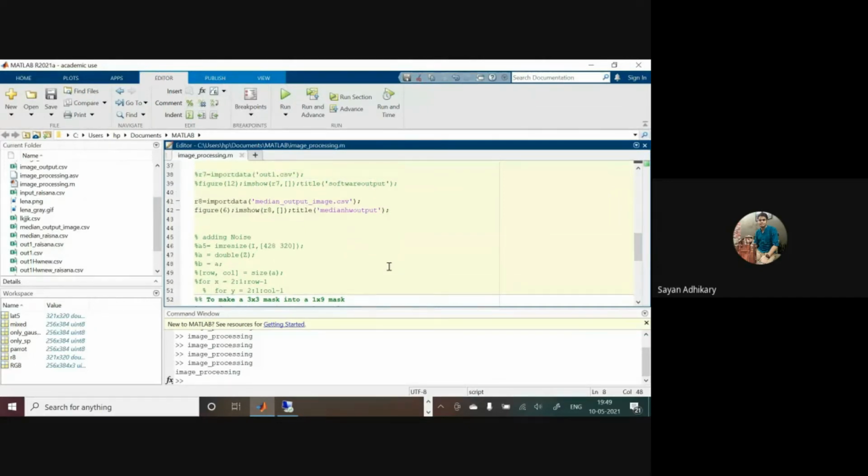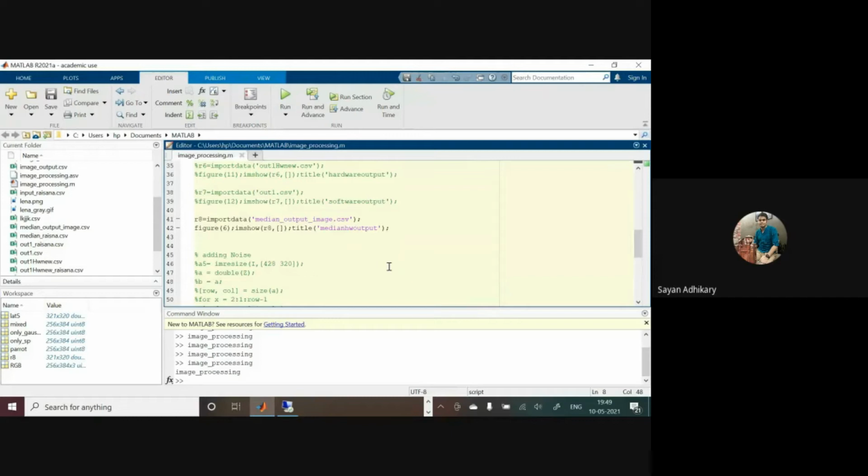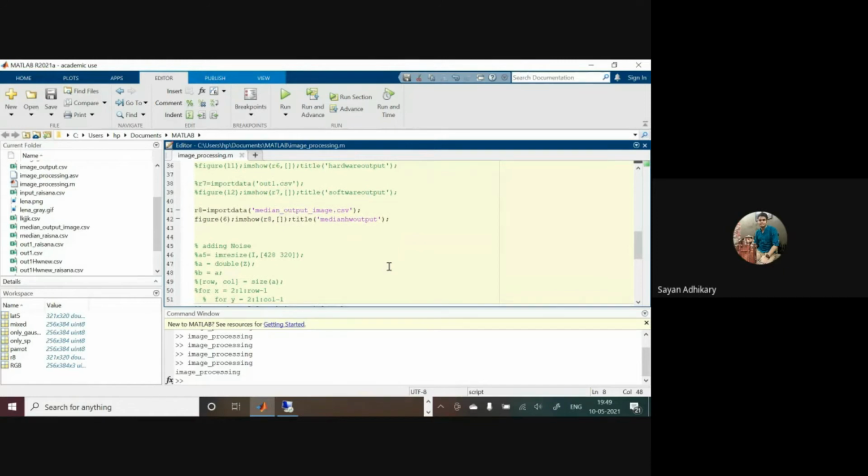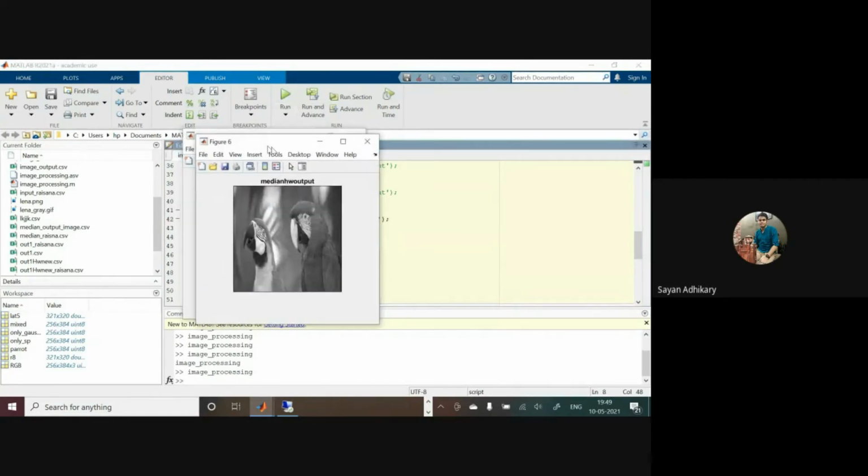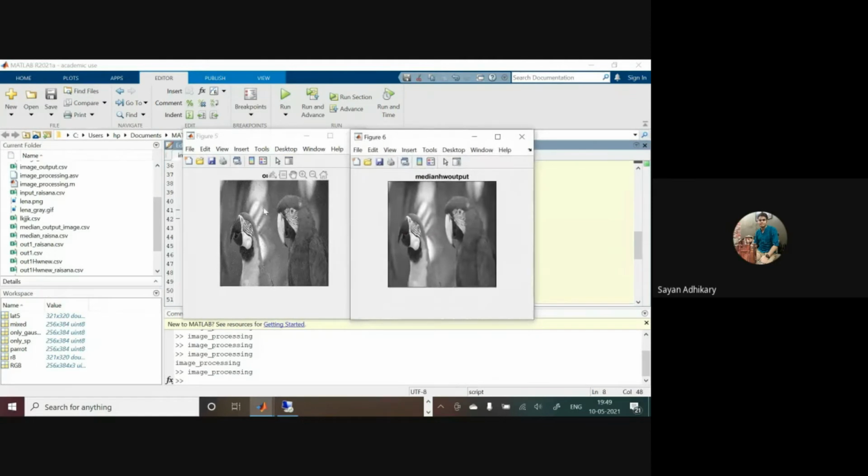But we have extracted the CSV file where the output of the median hardware filter is extracted, and then we are importing the data to check the output image that we are getting. I have written the code in MATLAB. Now if I run the code, we get the output image. This is the original image containing the salt and pepper noise, and this is the output image after the image passes through median filtering. Next, this filtered image will be passed to the 2D FIR filter, where the blur of the image will be removed, and that part will be demonstrated in the further slides.